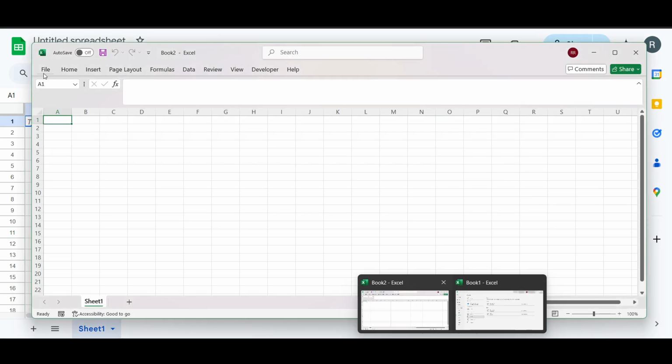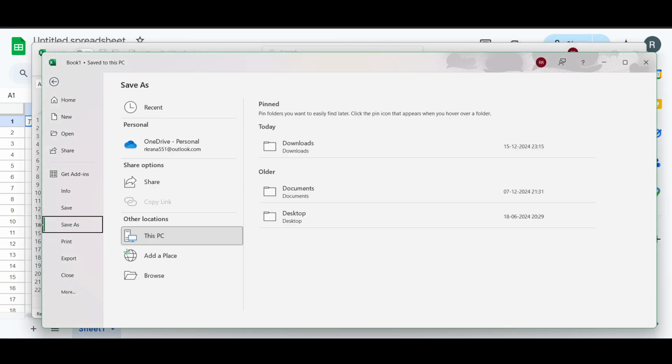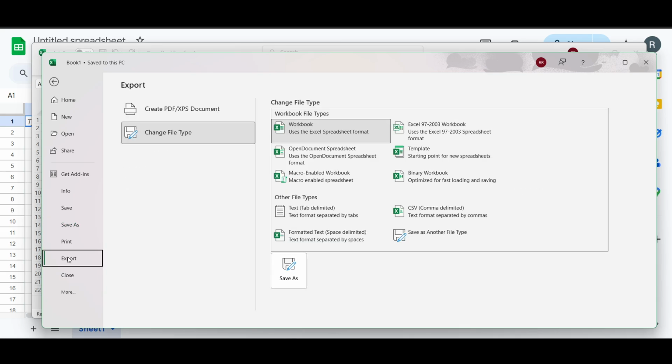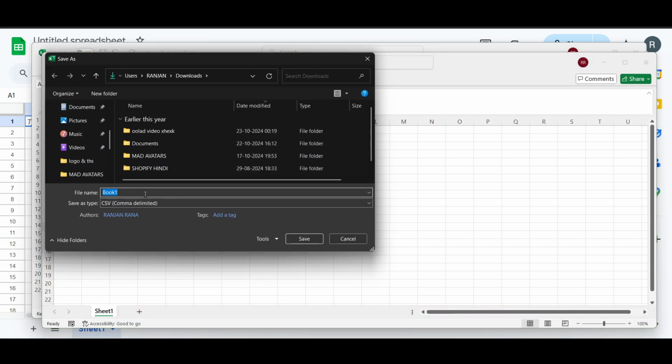usually you will find one issue, which is that in save as you won't be able to see an option to change your file format to CSV. We can see it in the export section. Now go to change file type, and here you will get this option of CSV. Make sure you select the CSV and then click on save,